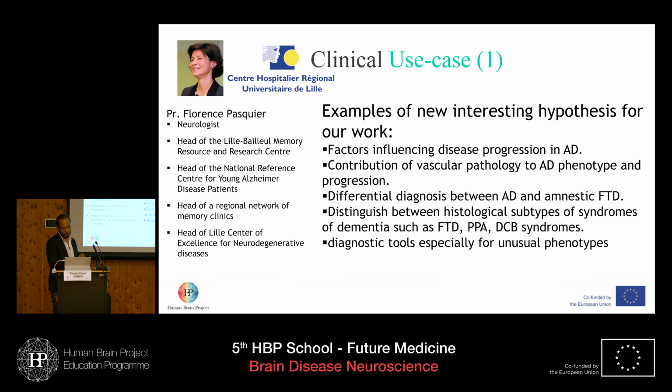So why is this useful? I think this is useful already now. There are different clinicians working with us that come with interesting questions that they want to study. For example, what are the factors that influence disease progression? And you will have a talk, I think, this week about this. This is very important to see which are the risk factors basically for certain types of disease. How can we differentiate between different types of pathology, for example, between vascular pathology and AD phenotype? Are they the same or not?